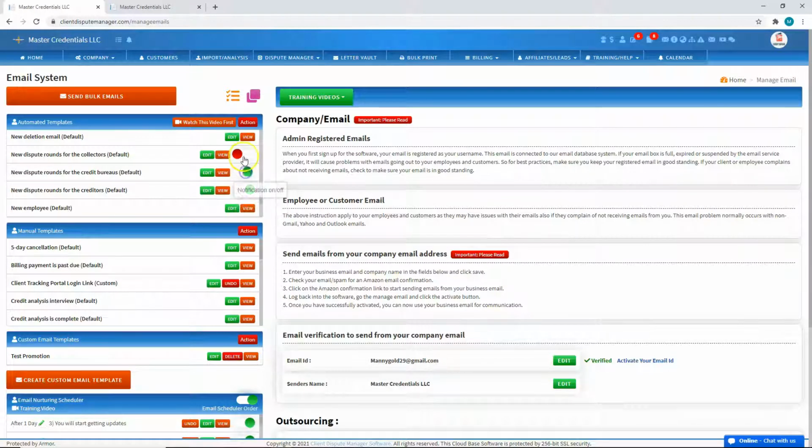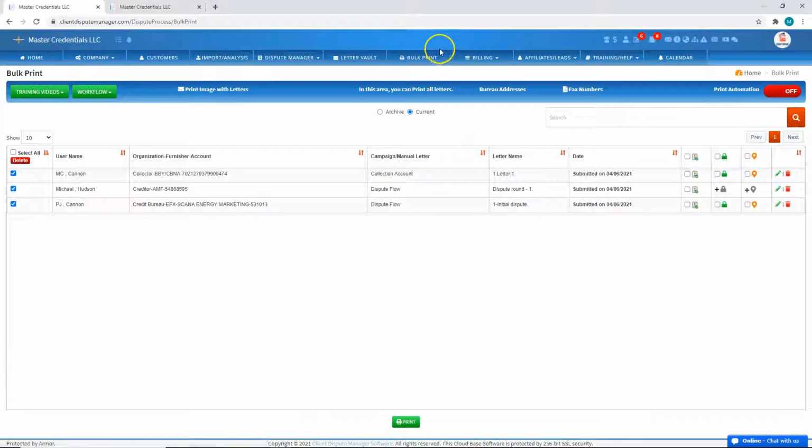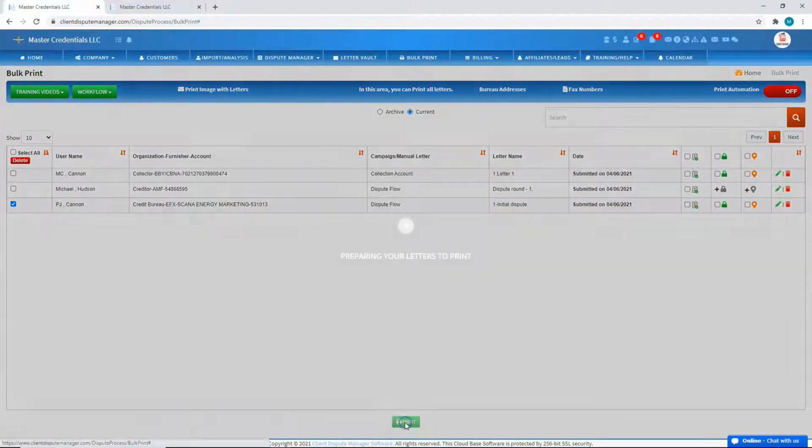So if you turn them on, so I'm turning on three of them, and then let me show you what happens. So let's say you already created a dispute letter for your clients, and you go to Blueprint. All right, so these are examples. So I have here a letter for credit bureau, for creditors, and for collectors. So let's say, for example, for the credit bureau, if you click on that and send it to print,